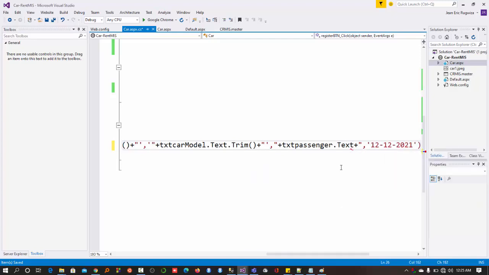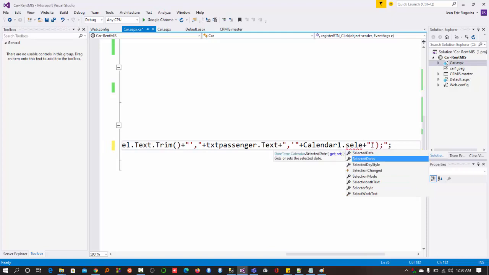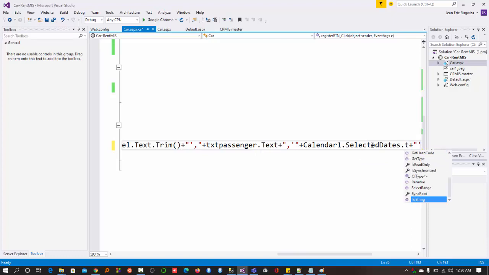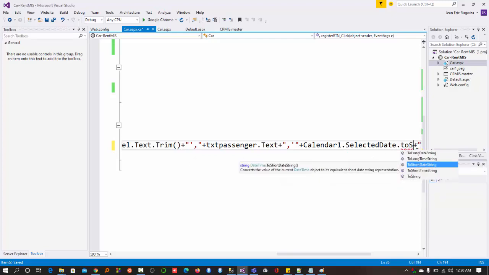Okay, let us continue. So here it will be, I hope that it is like this one, which is calendar one dot selected date, dot, let me try to, no mean to shorten them, so let me just only, well, if I try to make like selected date dot to short date string, this one like this one also will work. Okay,